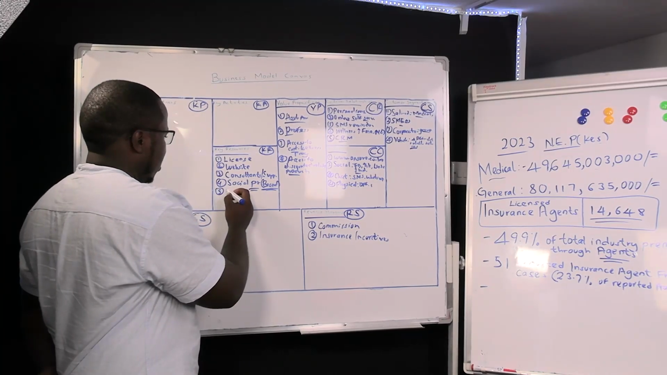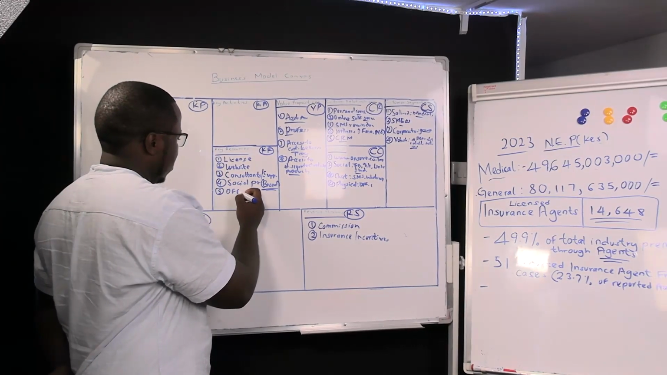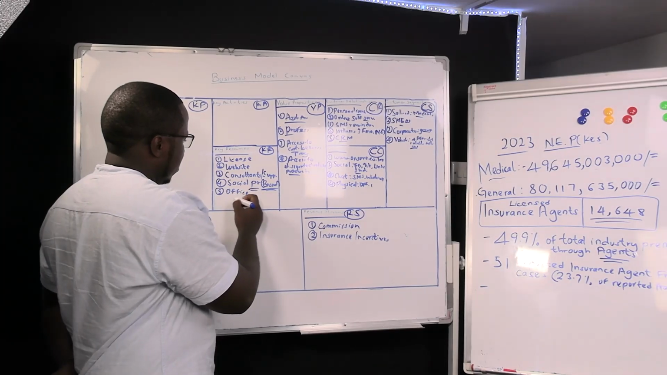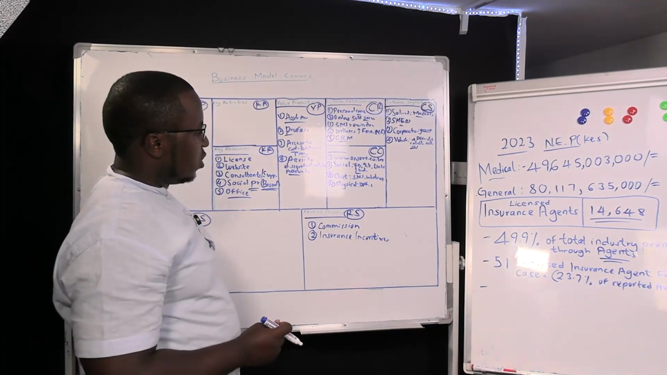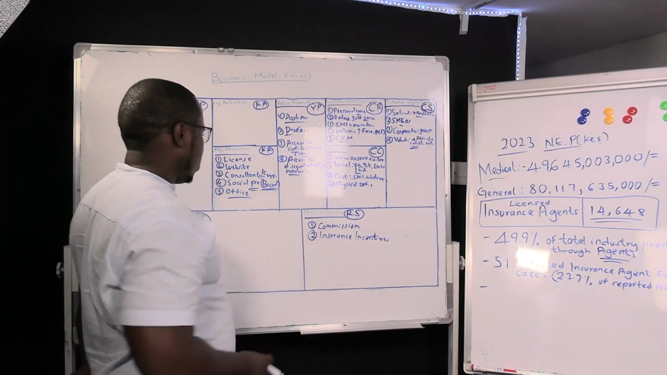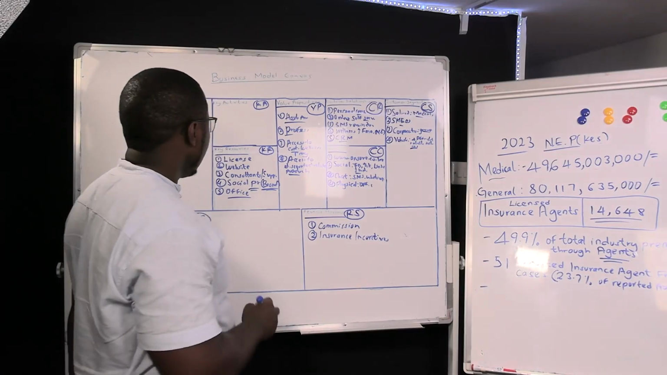We can also have the office, which will be a key resource for the physical channel to be effective. Next,